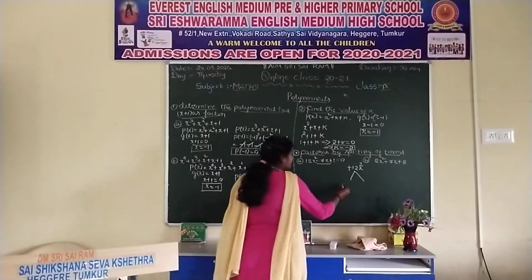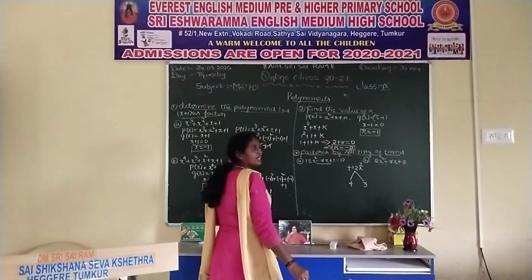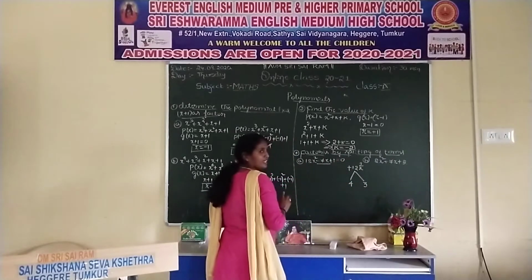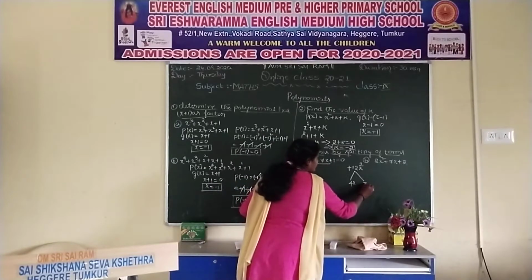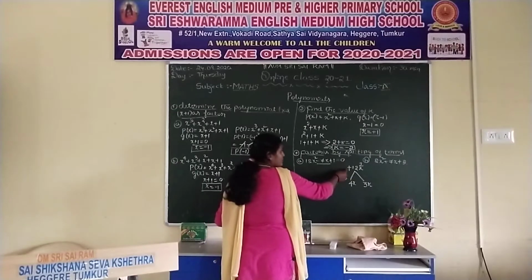See here, I am taking 4 and 3. 4 3s are 12. And what variable are we using? Use that one. Here we use the x variable. And also, from this product we got a positive sign.